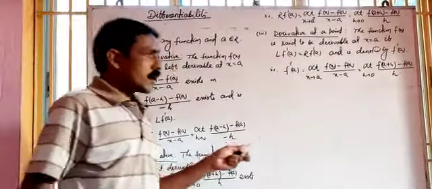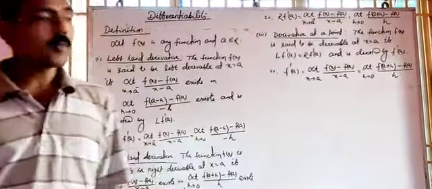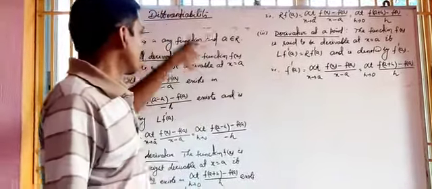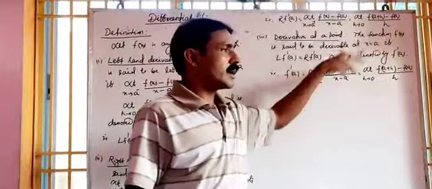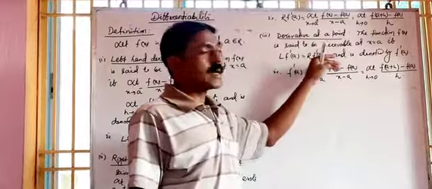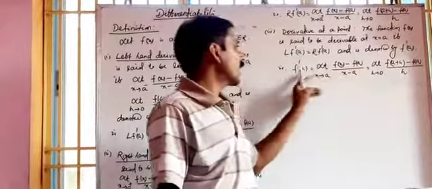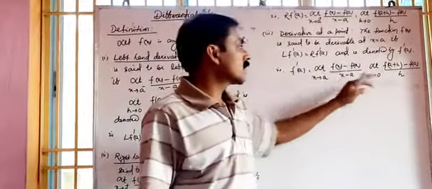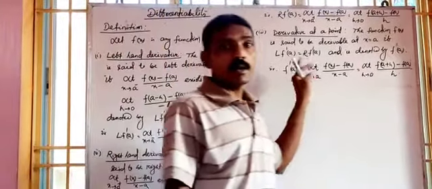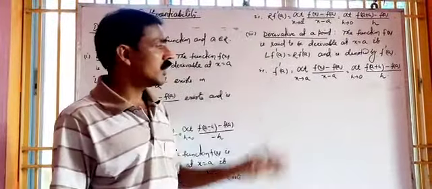Like the limit of a function exists when left hand and right hand limits both exist and are equal, like that, the derivative of a function at a point exists if both the left hand derivative and right hand derivative at the same point exist and are equal, and if they are equal, it is denoted by f dash of a. And this method of evaluation of derivative is known as derivative by first principle. We have already learned it in class 11. So this is just a review.